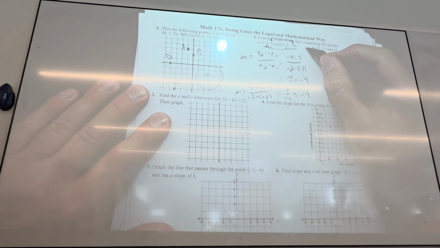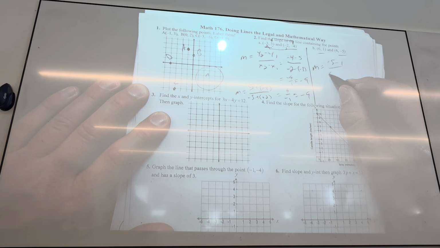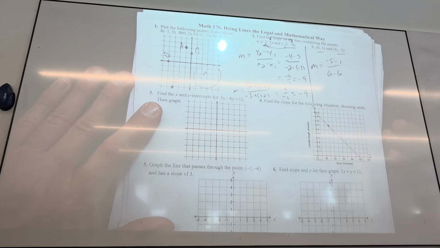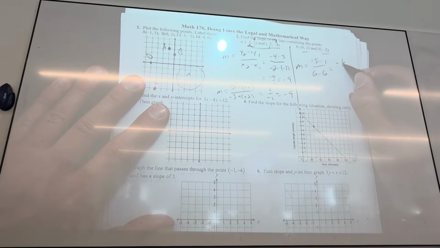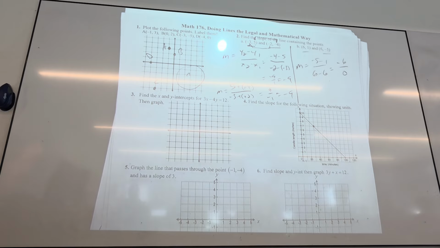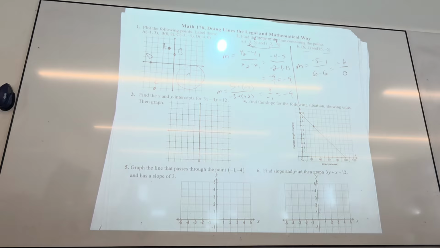Anybody else freaked out about this guy? If I just do it, -5 minus 1 over 6 minus 6. And then some of you guys stop there because your brain said no. Why'd your brain say no? 0. Yeah, so 2 acceptable answers for this. Anytime I try to divide by 0, it's automatically called what? Undefined. Because there's no number defined in such a way that 0 times that number is -6. And that's what it would mean for there to be an answer to this. Therefore, we call it undefined. It only makes sense. Ain't nothing defined that way.